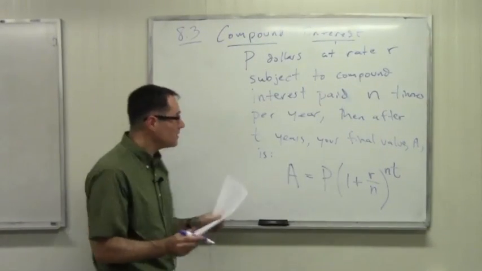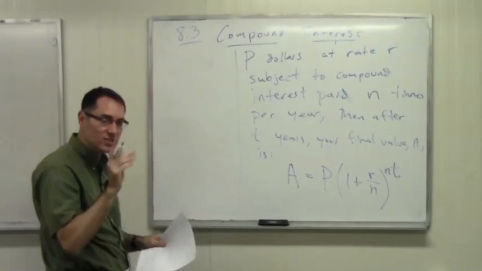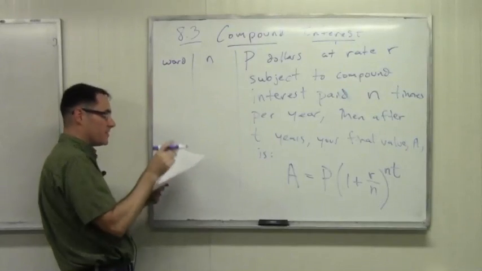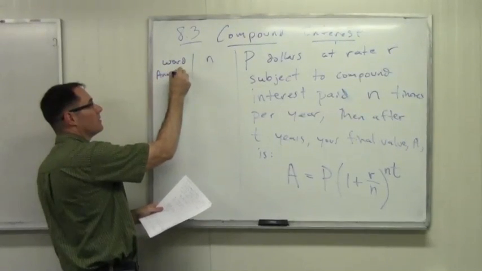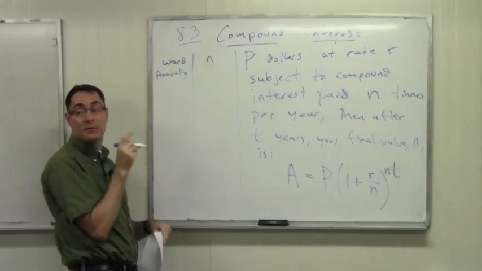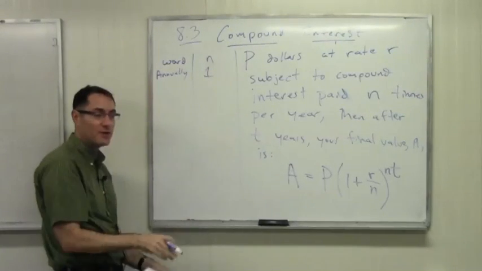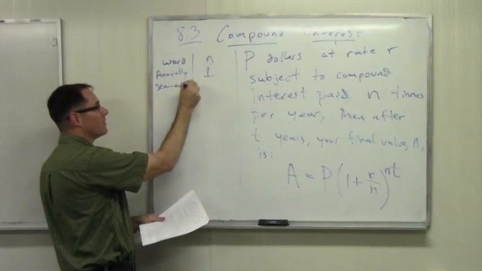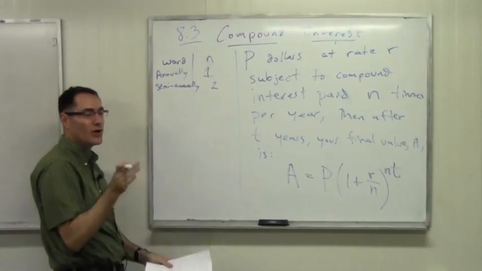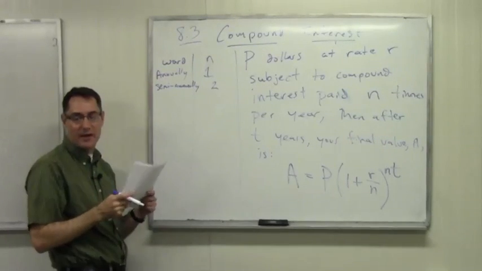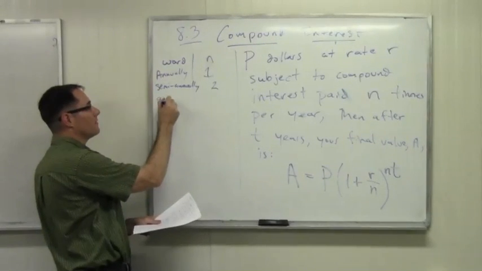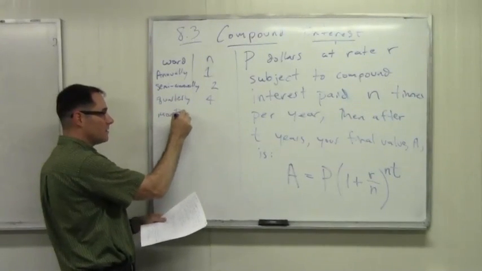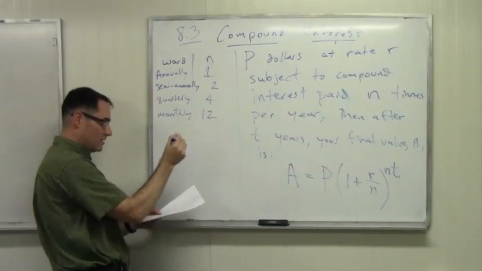When we talk about n, let's just get this down. If the word is annually, what's n going to be? It's going to be 1, because you're doing it one time a year. If it's semi-annually, that's 2 times per year. Don't worry about biannually, because we'll try to use semi-annually. How about quarterly? 4 times per year. We already talked about monthly, 12 times per year. And then, of course, daily,